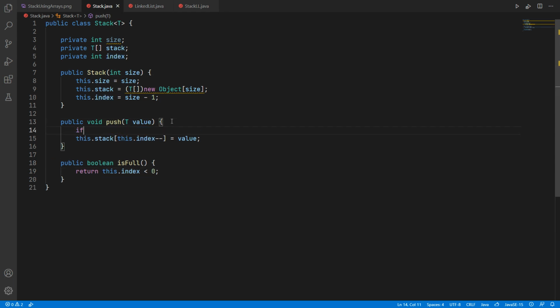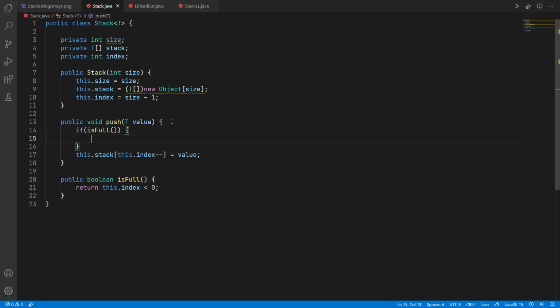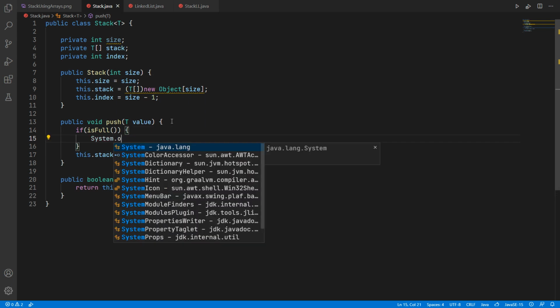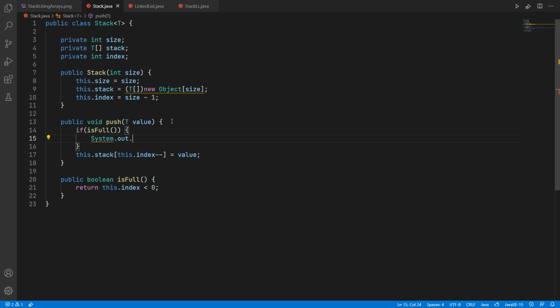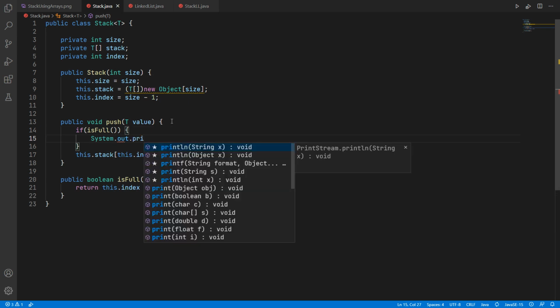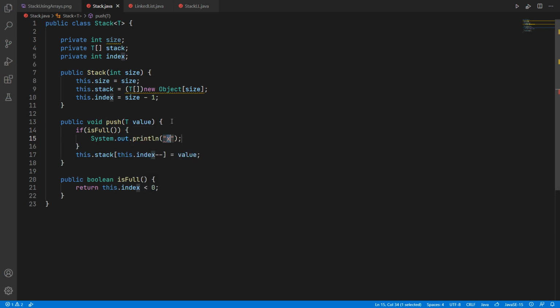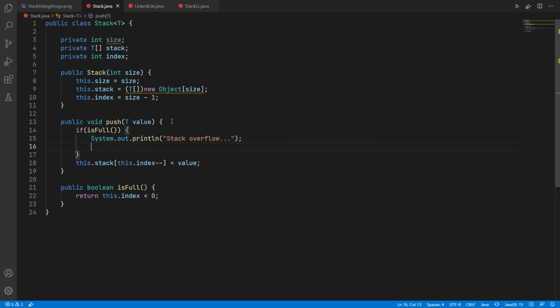So this is the reason we need to check this condition is full, and I'm going to print System.out.println stack overflow... and return from this point. We don't need to proceed for adding the element to the stack, because at this point the index will be -1. If we don't return from this point, we will get an array index out of bound exception for the stack